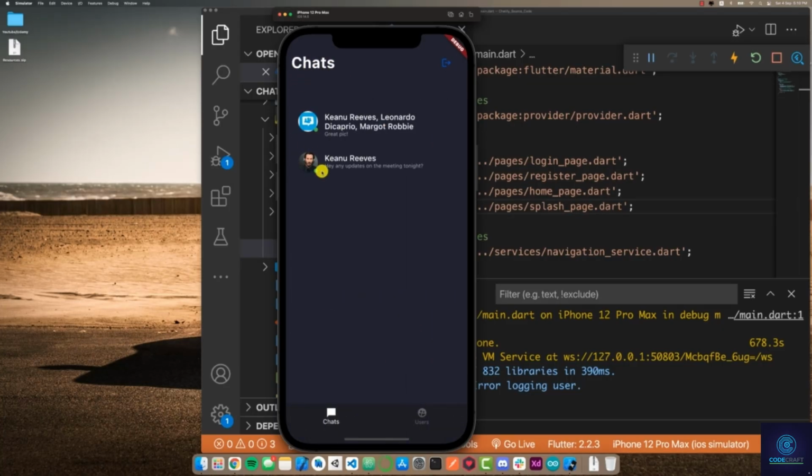So with this, we now have a thorough overview of the application that we're going to be building. So I'm going to end this video here, and now in the next video, we're going to be creating our Flutter